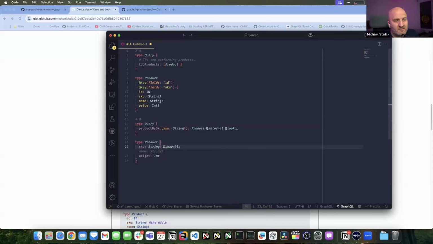But do we want to say something even stronger here, which is skew is not just a shareable field, it's a key field? It's been defined as a key field in subgraph A, so it should also be a key field in subgraph B, because a key field is stronger than it just being shareable. The main rationale to allow this is for schema evolvability, and also because that is an Apollo legacy. Yeah, but I mean as a warning.